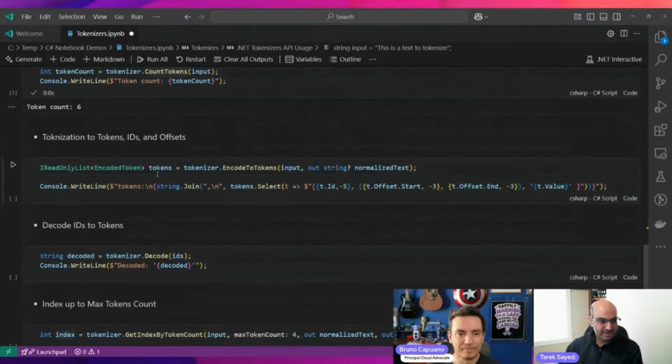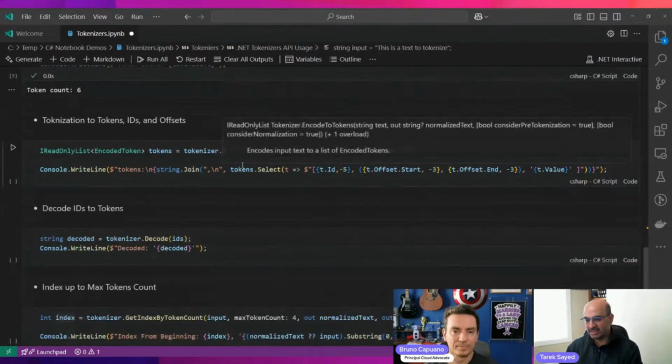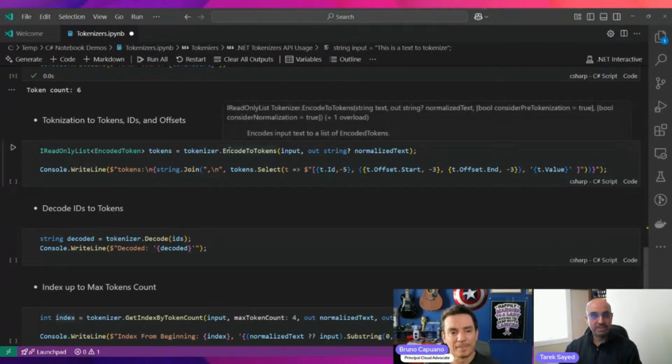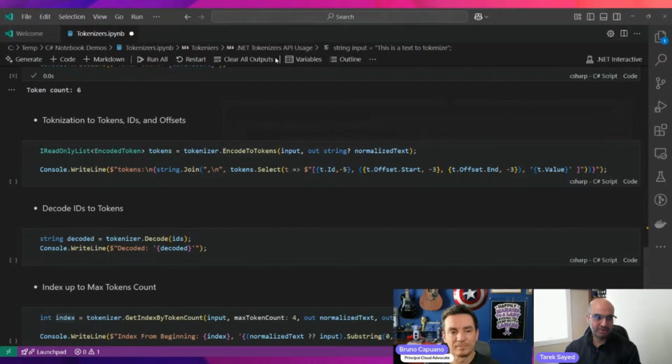There are other scenarios. This is not a mainstream scenario, but sometimes we saw that some applications need it. Some applications want to generate the IDs, but also want to get the actual string tokens. It's not just the IDs. Some models can tell from the token itself whether it is the start of a word or the middle of a word, and the model can get some idea from it.